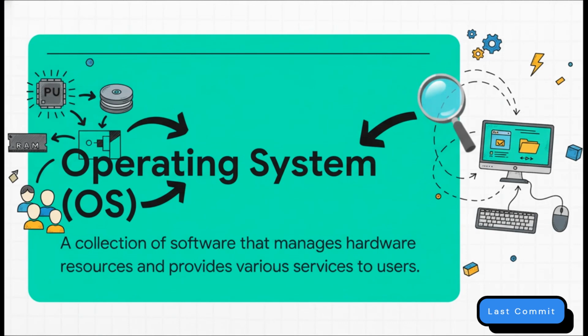So, what does this conductor actually do? Well, it really boils down to two main jobs. First, it acts like a traffic cop for all your computer's hardware. It's constantly managing resources, deciding which program gets to use the processor, when and for how long. And second, it's what creates the world that you and I actually see and interact with. The windows, the icons, that little cursor. It provides all the services that let us actually get stuff done.